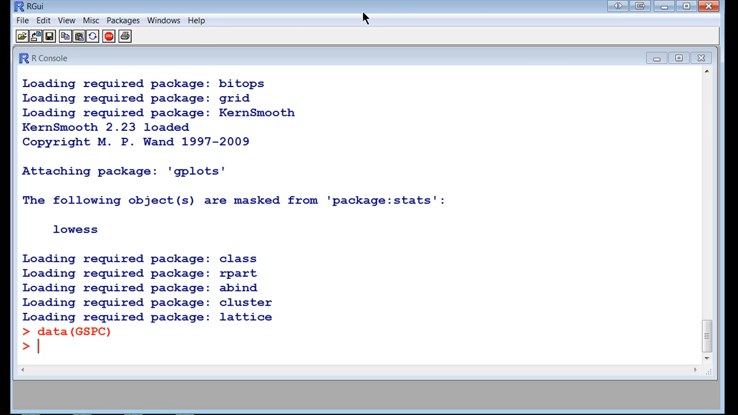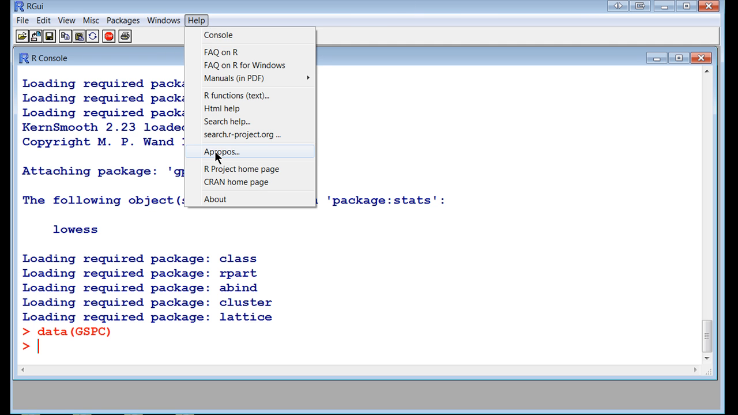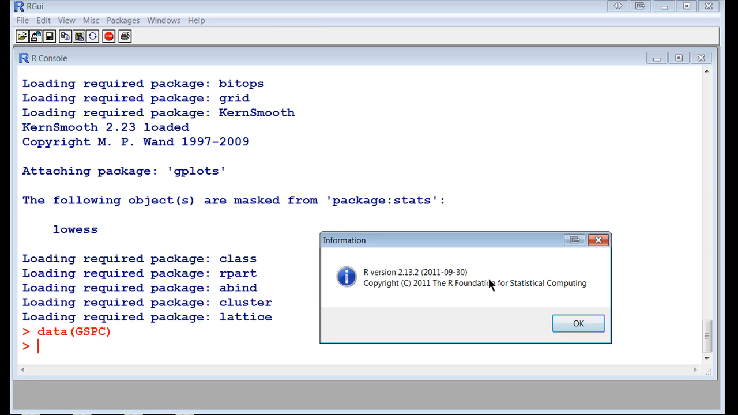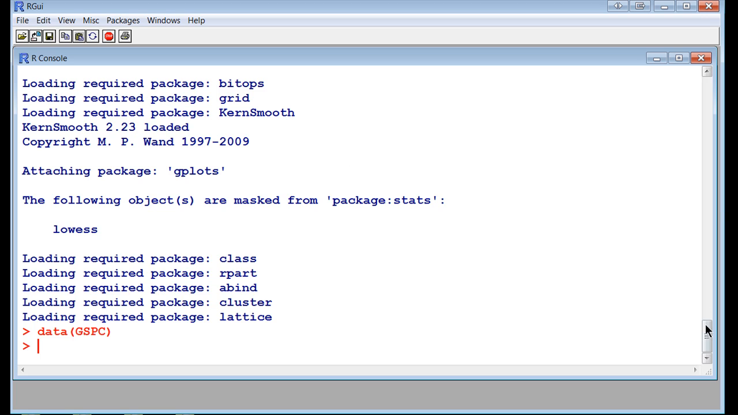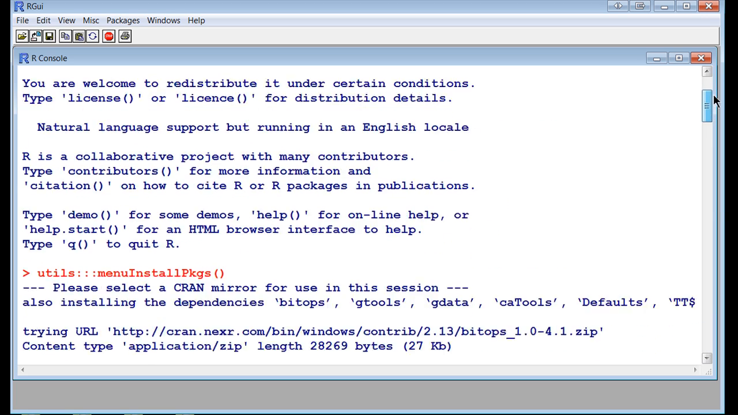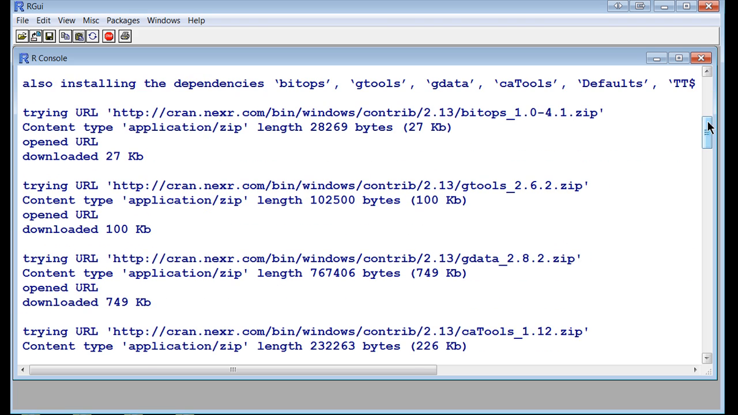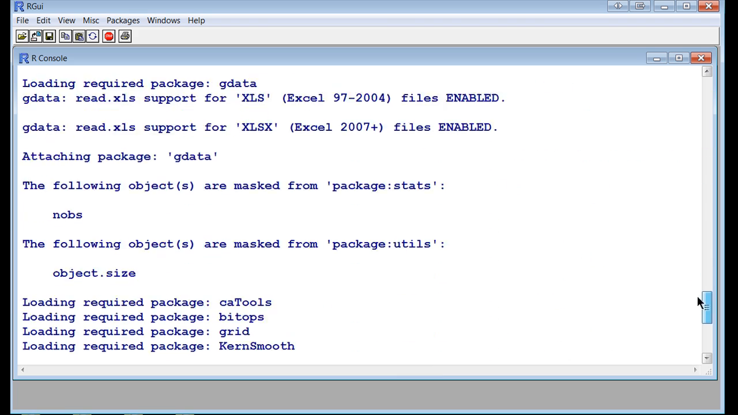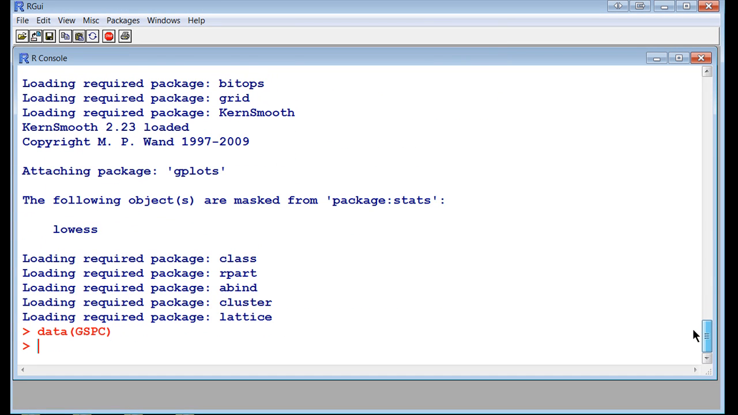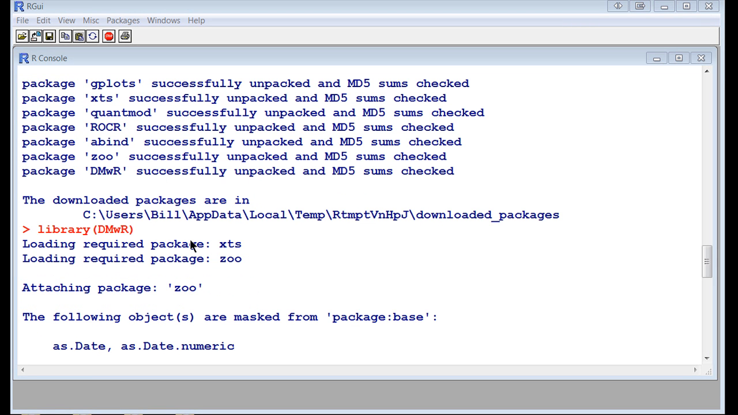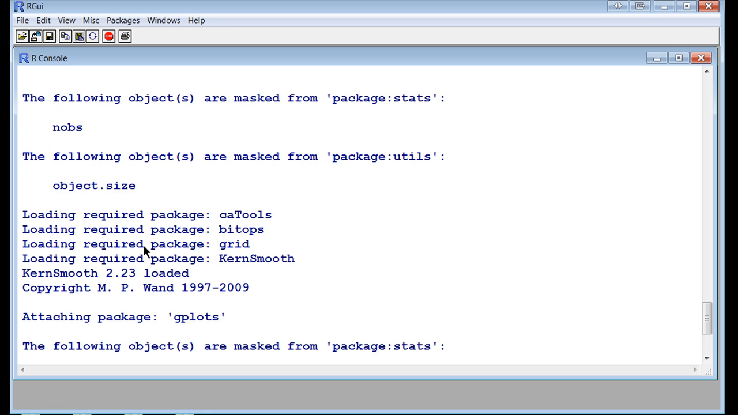And I'm using this version of R, and I just loaded in the Data Mining with R package, DMwR, and let's see. So I installed it, and then I loaded it with the library command, and then I added in some data